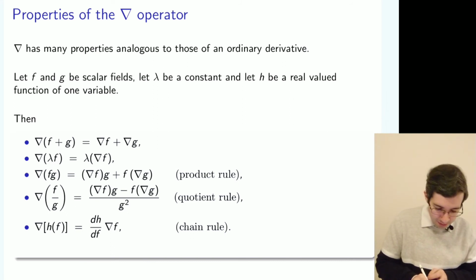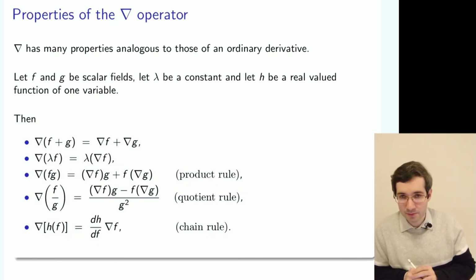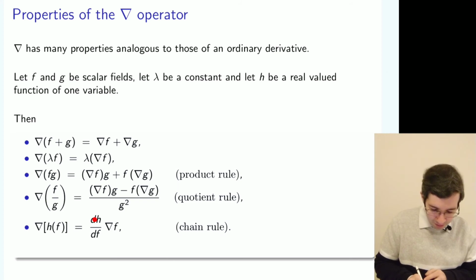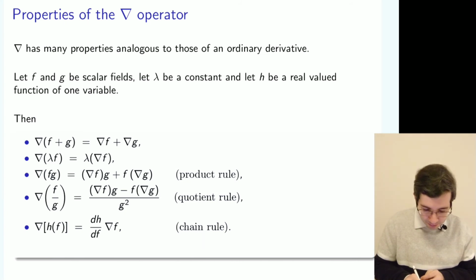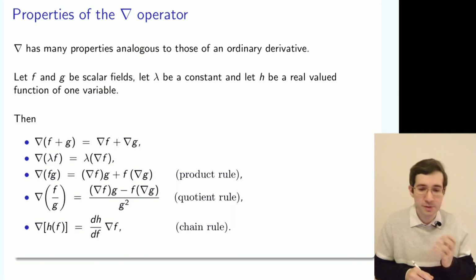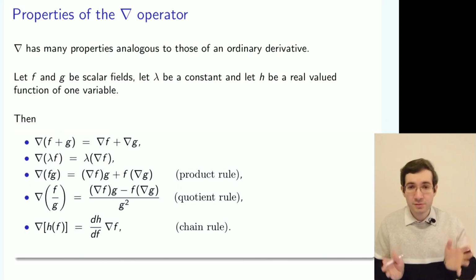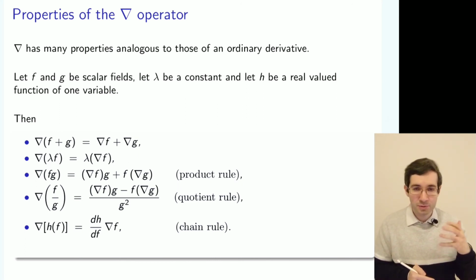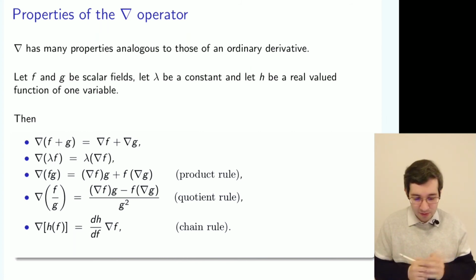So let's say that you take this operator, this Nabla operator, apply it to the function of the scalar field. And then what you do, you apply chain rule. So you first take an ordinary derivative of that function with respect to f, and then multiply it by the gradient of that scalar field, which is again, a total result will be a vector field. So you see that that is a rather general way how you can translate what you learned about derivatives on one end and about vectors on the other end, and use it together to apply to a new situation.